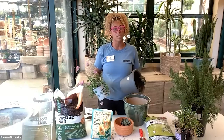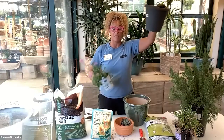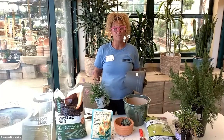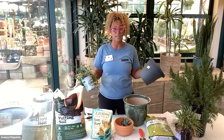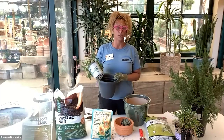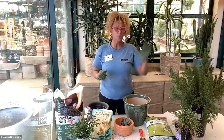I know as you get bigger, it's a little bit tougher. Some of the bigger pots are wider across the top and maybe not as deep, or the opposite: they're tall and thin, but there's a lot of space for that root growth down below. So again, you have to decide which is the more important thing. Is the more important thing that you use this pot that goes with whatever your setup is, or is this plant the most important thing and you want it to have the best possible setup that you can have there? And obviously there's lots of different choices in terms of whether you're putting something into the ground,